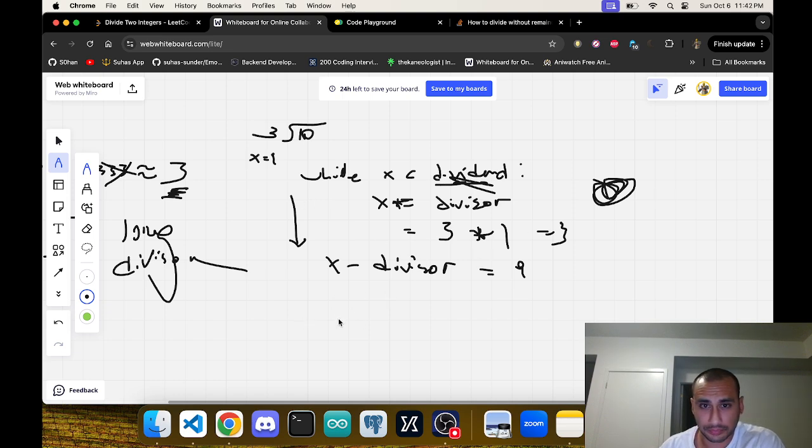So 9 minus 10, because now we know if we go this minus divisor, or if we go 10 modulus thing, we get 1. And then we can turn it into a string, add a 0, turn it back into an integer, and then keep doing that. But the fast way, I guess, would be